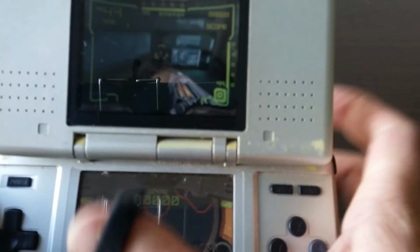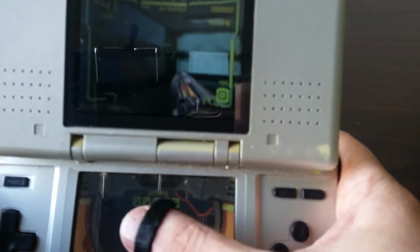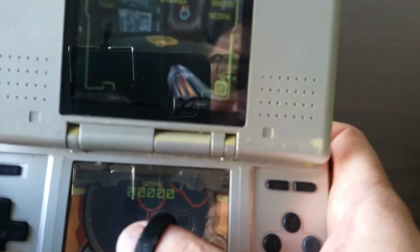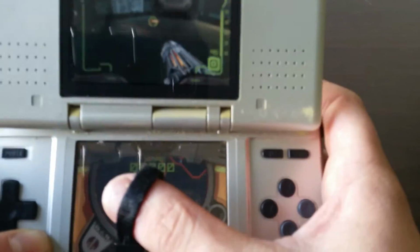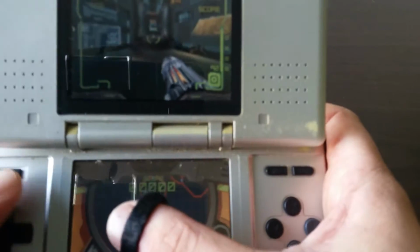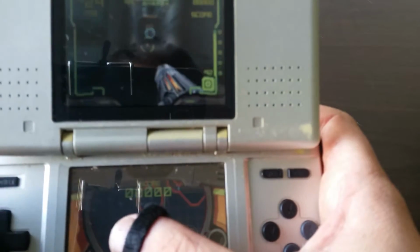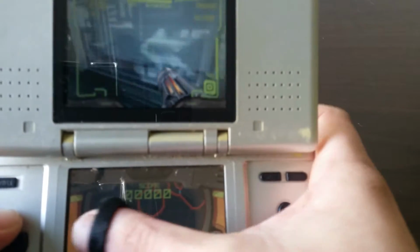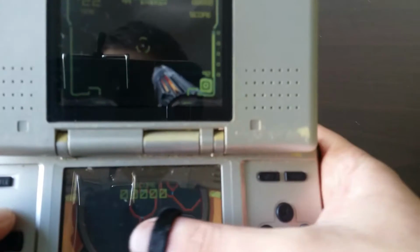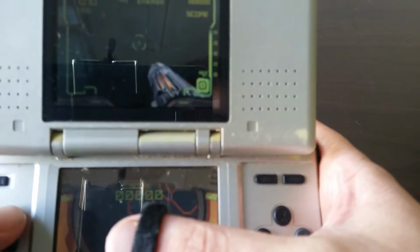Yeah, see, this little wee doohickey on my thumb actually works alright, but there's no reason why you couldn't just use your thumb. Well, actually, no, it seems a wee bit more responsive. Oh, left and right fires. You see my reflection again. You can see the fact that I'm filming this on my phone. I just tried to use the circle pad. Up, left, right. Yeah, so it's a wee bit fiddly to play, especially for a left-handed person like me, because...